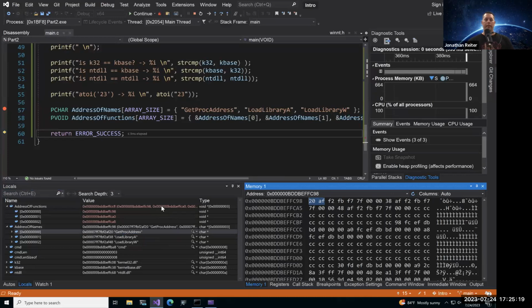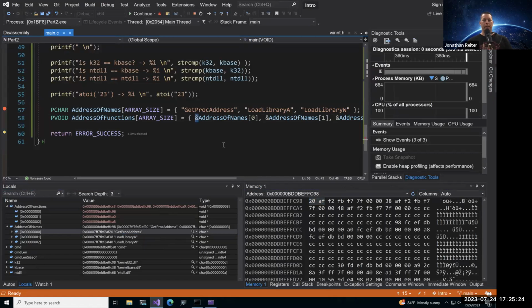Okay, sweet. So we see how we can use this address of operator, or the ampersand operator, to get the actual address where this particular index is located in memory. So that kind of makes sense, right? Basically just addresses in memory. They can hold different types, they can hold strings, they can hold integers, and so on and so forth. They're just a placeholder, just pointing to something in memory. That's all pointers and addresses are.